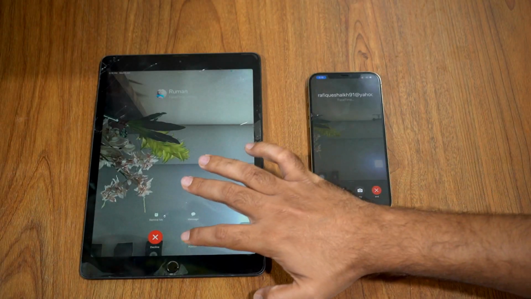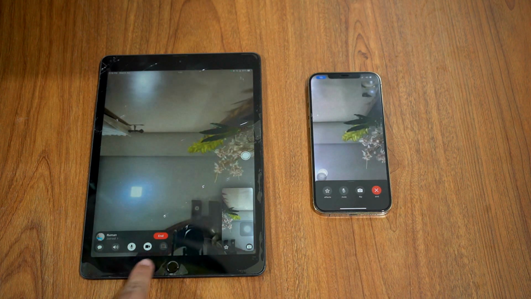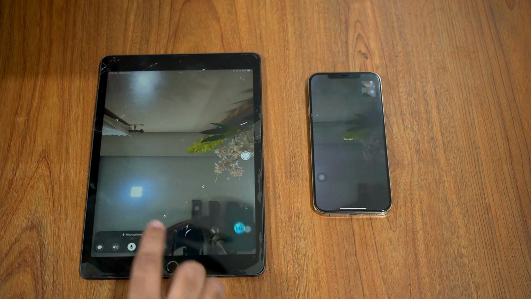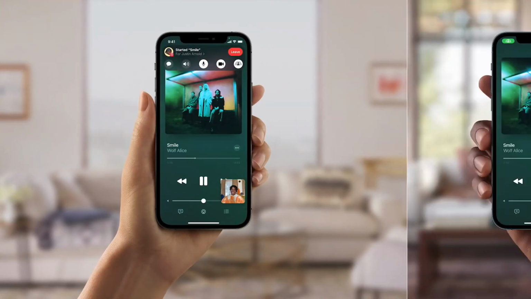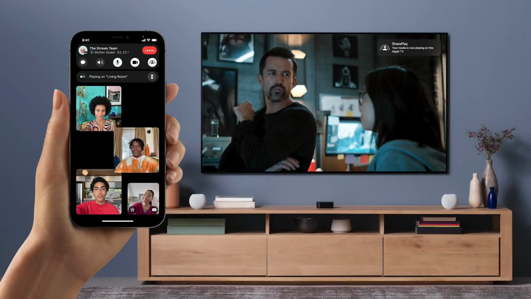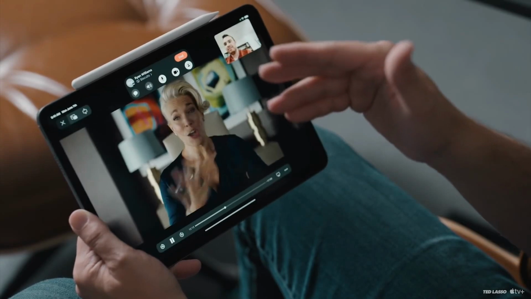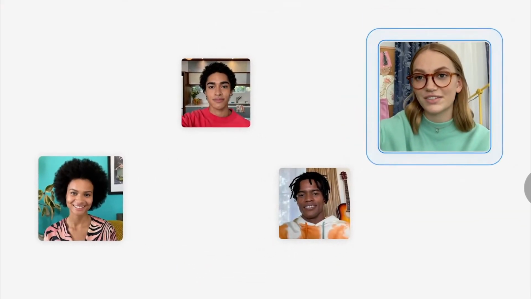Next new feature that has been added is in FaceTime. The user interface of FaceTime is slightly different, and now you have the option to turn off your camera while you are on FaceTime video. A screen sharing feature has been added, so you can share movies, audio, or just your phone screen with your friends with a feature called SharePlay. But it's available only when two compatible devices are on FaceTime. The grid view in FaceTime also highlights the person who is speaking.